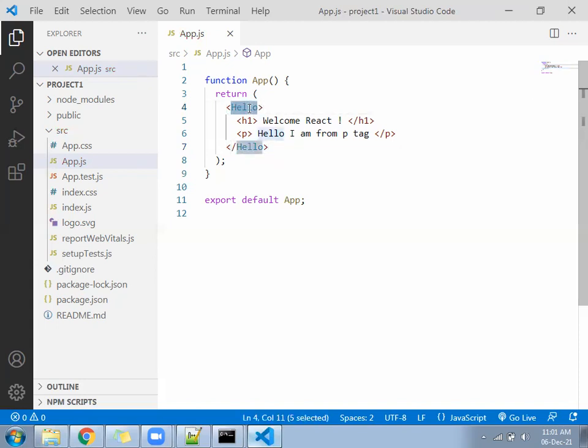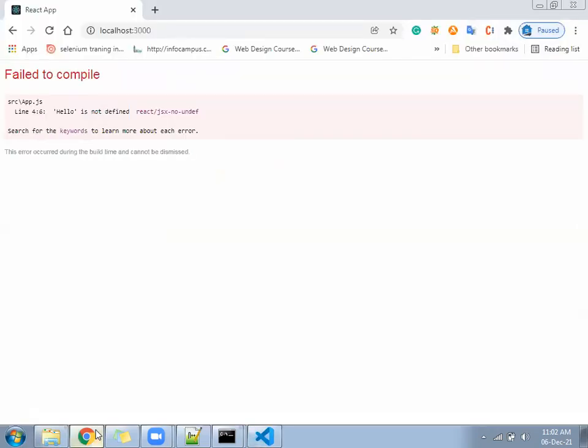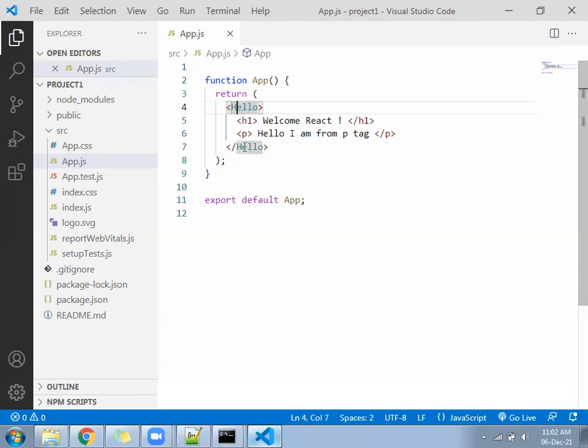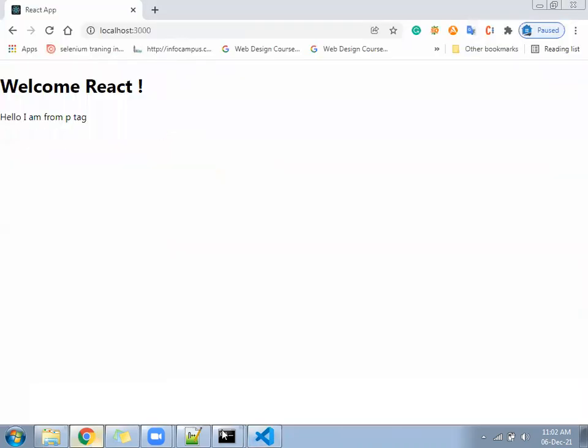Now come inside. Now it's not working. What is this? Understand, it is searching for the component. Keep it as a small, follow the small and check. Small should work. When you gave the capital, it started searching. It is the functional component. In a functional component, the function name should start with a capital, and the component we can call like an HTML tag. So it is working now. If you give a small, it works. No problem at all.